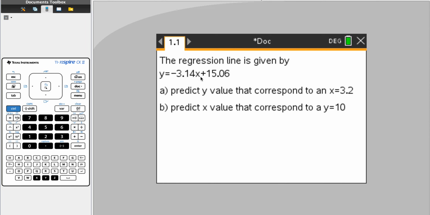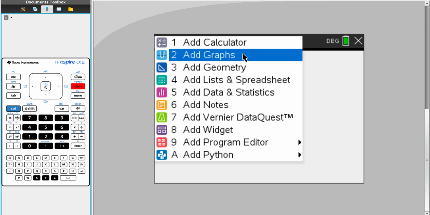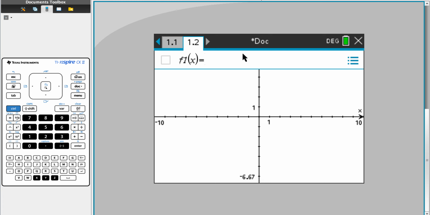But this time I'm going to show you how we use the GDC. Probably you already plotted this for a few questions before, and then only in the last part they're looking for the predicted values. Okay, we are going to graph this, add graph, so that will be negative 3.14x plus